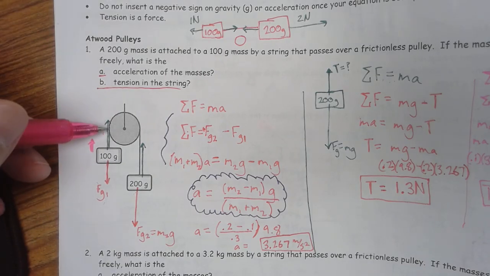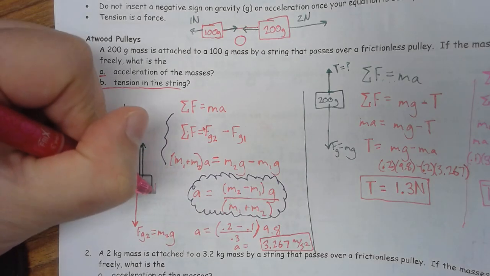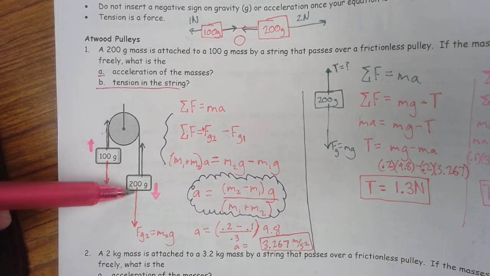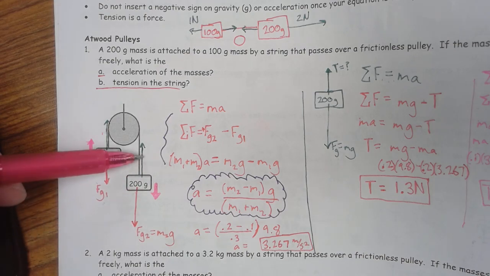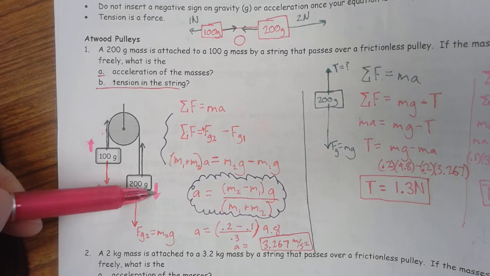And the tension was so strong it overcame gravity to give us the net force. In the reverse, this is true, that gravity overcame tension to give us the net force. And so if gravity was strong enough to overcome tension, and I have gravity and I have the net force,